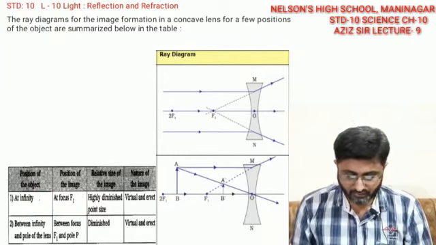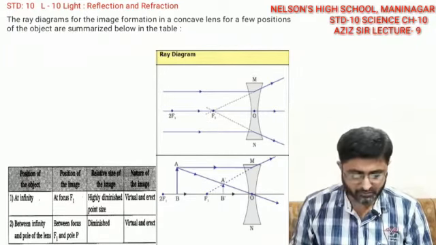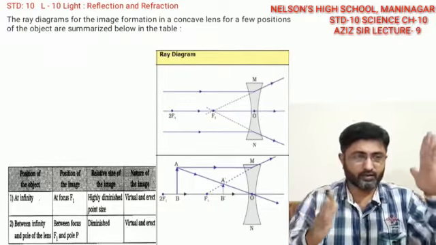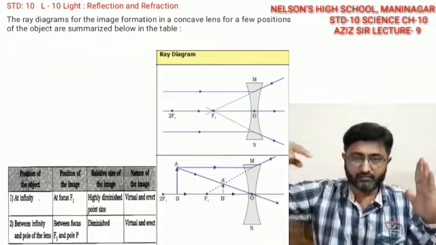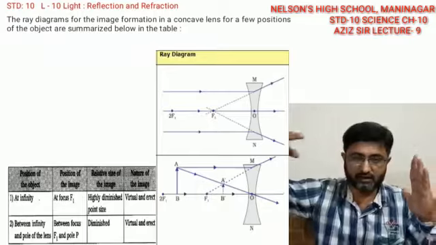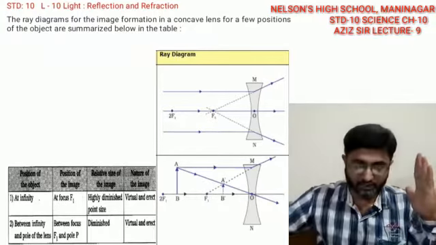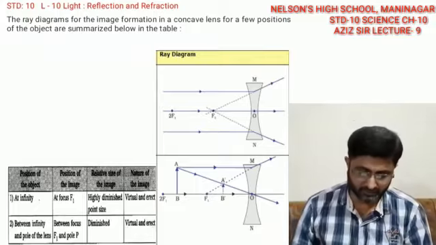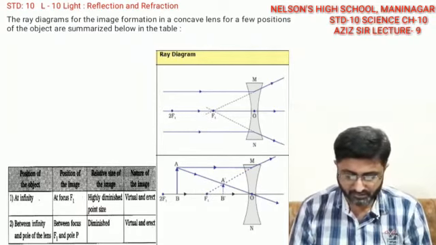that is obtained on the same side as where the object is, not on the other side. Fine. In the second case also, if the object is kept between infinity and pole, draw a straight line and from the focus diverge it out, and another ray is passing through the pole as usual, both of them will get crossed, that is the dotted line and the line passing through the pole,